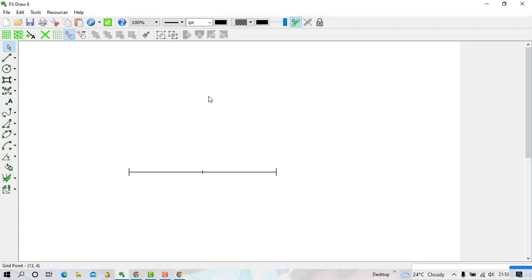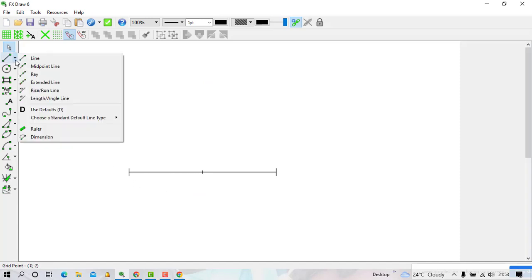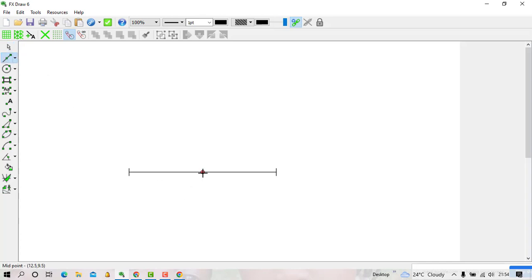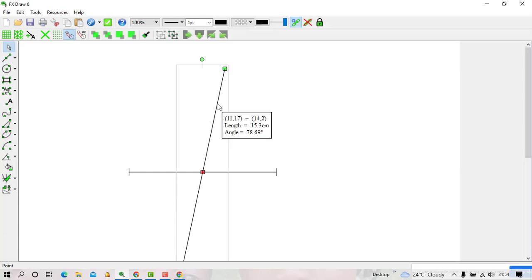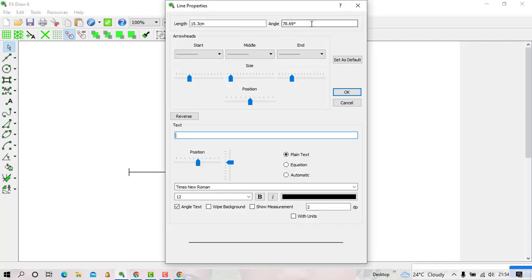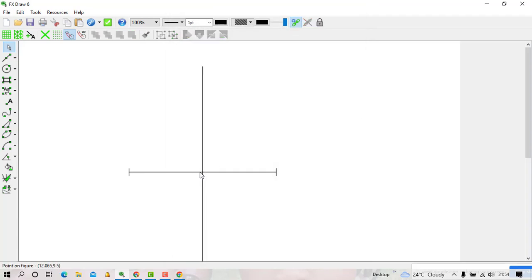Then hii midpoint ndio yenye huwa nachora line passing through that midpoint. Utaenda kwa icon ya line, but in this point don't select line, select midpoint line. Uselect here kwanza, select midpoint line. When you select midpoint line, start drawing from that midpoint, either ukienda juu ama ukienda chini. Hata ikiwa imepend, no problem, we'll edit them. Then you disable, alafu unakuja kwa edit properties like that, then you make that angle 90, then you press OK. You'll find that this is 90 imechora msalaba, so what is remaining is to make an arc.